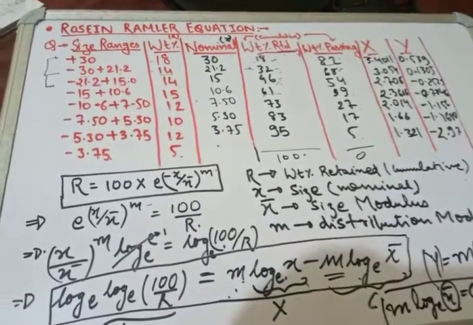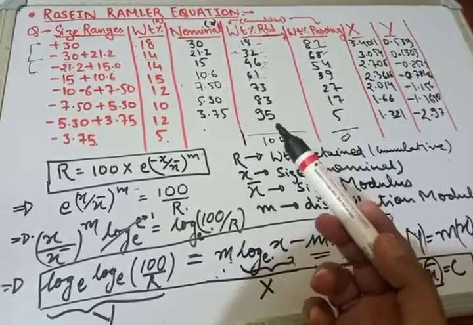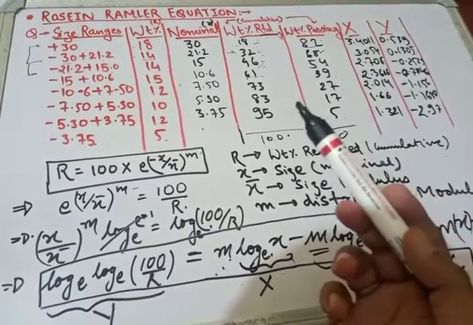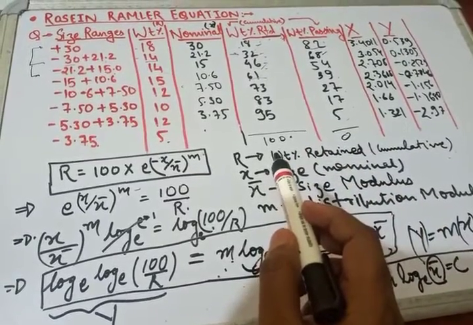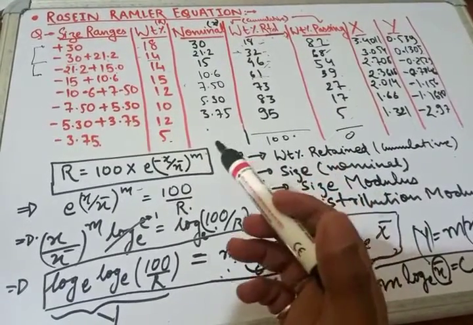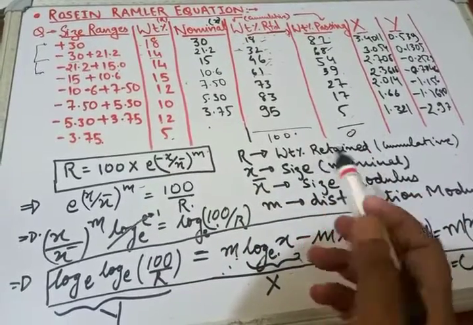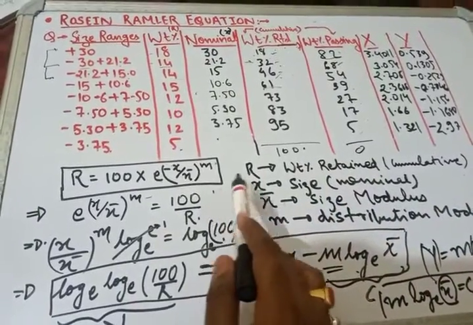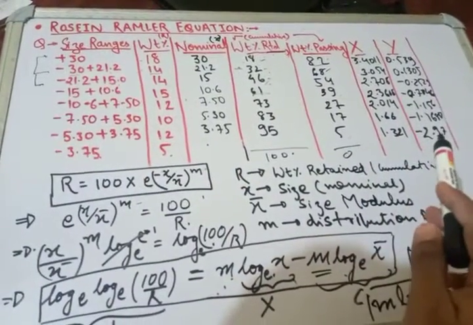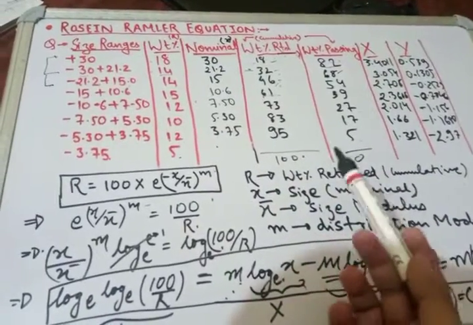So hello friends, today we are going to see what's the use of the Rosin-Rammler equation and how it is used for calculating weight percent retained at various sieve sizes. As we know, it is not possible in the lab to know all the sizes and their percent retained, so a general curve is derived with the help of the Rosin-Rammler equation and some of the data which we get from experiments. So let's see.